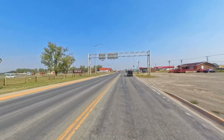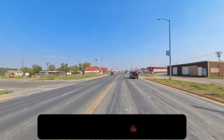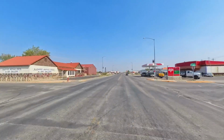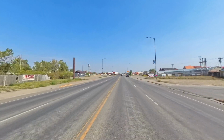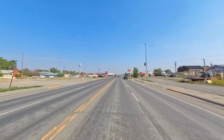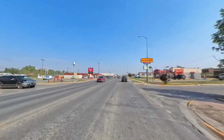Anyway, from there I got to St. Mary and crossed the border. St. Mary is, like I always say, the entrance to Glacier National Park from the east entrance. Went up Glacier National Park, up the Going-to-the-Sun Road,